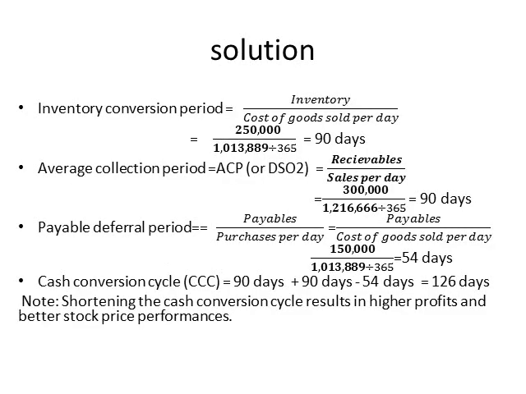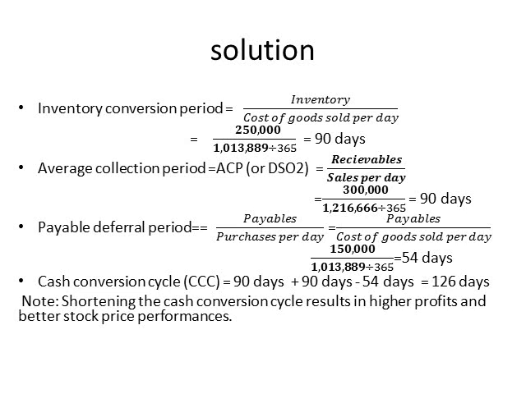Just substitution, يعني inventory conversion period هي الانفنتوري على الكوست of goods sold per day عشان كده قسمت الكوست of goods sold على 365 because he told you here that the cost of goods sold per day, so I'm going to divide the value of cost of goods sold by 365 because the values he gave me are annual values. The average collection period equals receivables over the sales per day. Receivable over sales per day. So the inventory conversion period will equal 90 days.